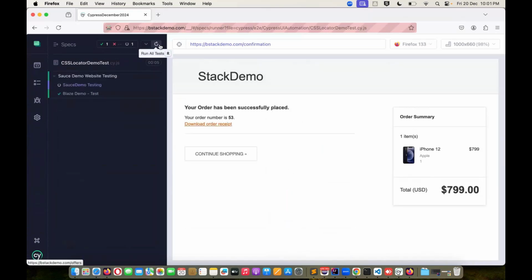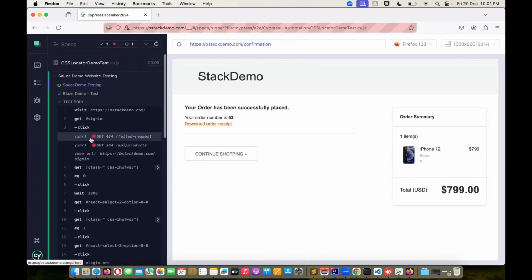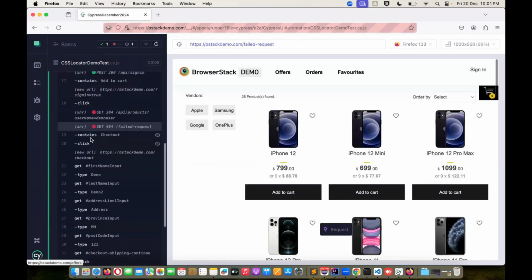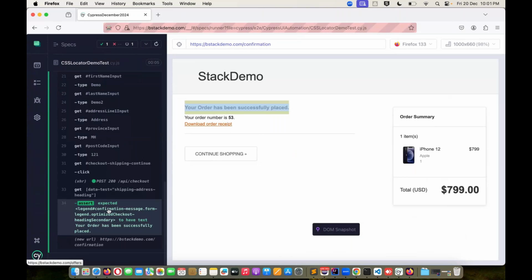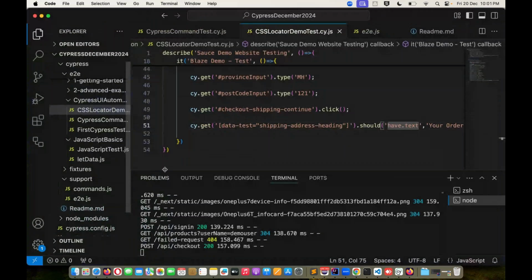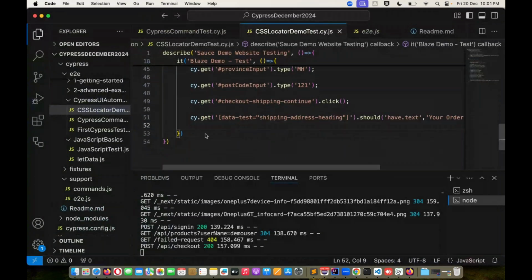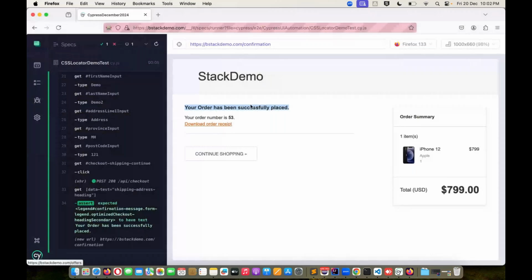Clear, everyone? So the assertion got passed successfully, guys. Okay. So Vikas, could you repeat the same thing again? Why have we used have.text? Yeah, so the reason is, if you inspect this carefully, this is